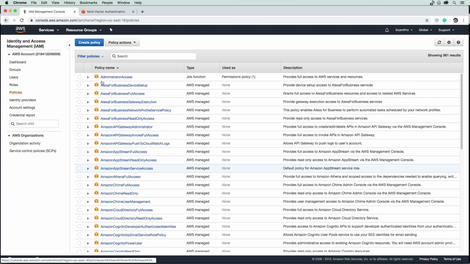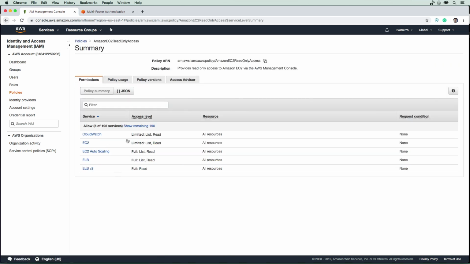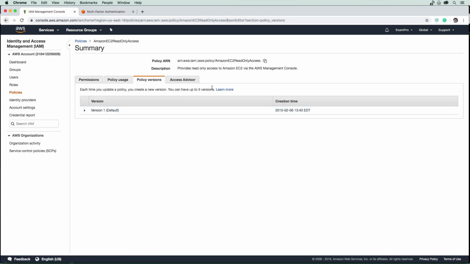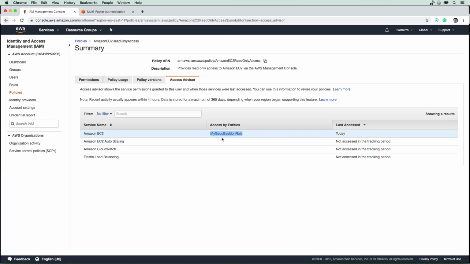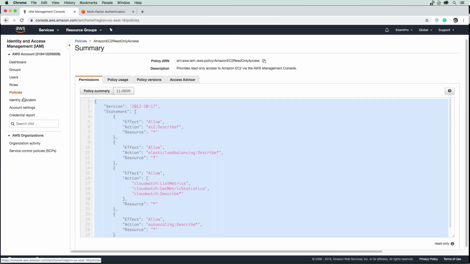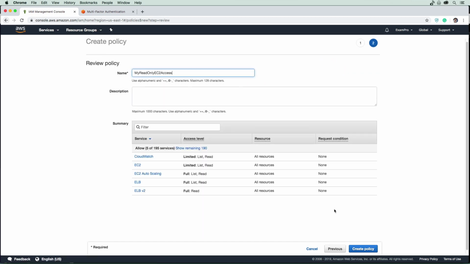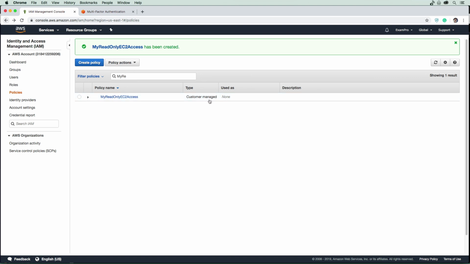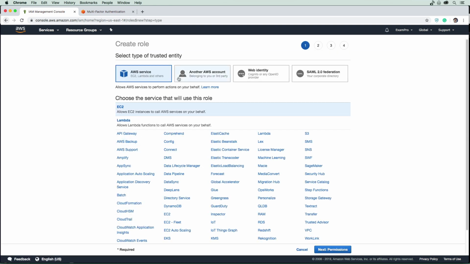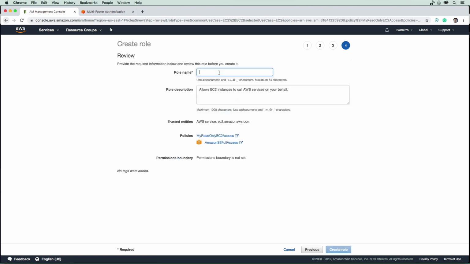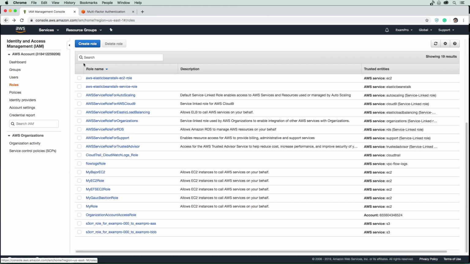So just to wrap up this section, we're just gonna cover roles and policies here. So first we'll go into policies. And here we have a big list of policies here that are managed by AWS. They say they're managed over here, and you can definitely tell because they're camel case, and they also have this nice little orange box, okay? And so these are policies which you cannot edit. They're read-only, but they're a quick and fast way for you to start giving access to your users. So if we were just to take a look at one of them, like the EC2 one, or maybe just read-only access, we can click into them, and we can see kind of the